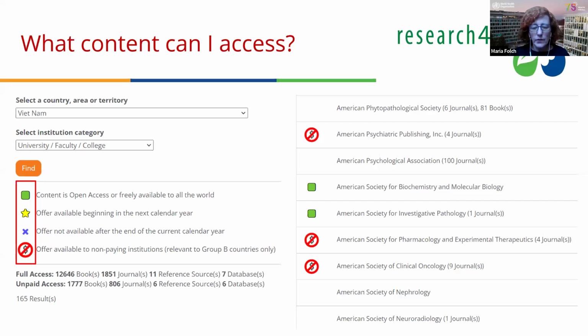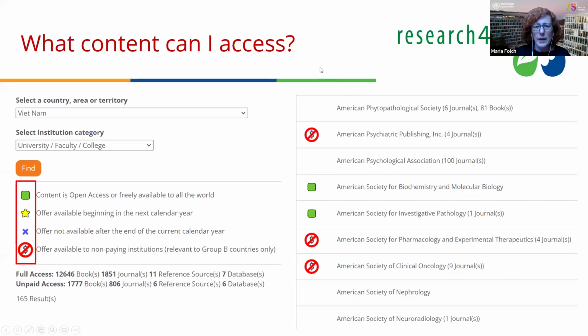We sometimes receive emails from institutions saying, my institution cannot pay this year, please cancel our registration. And we always answer, don't do it, because even if your institution cannot pay, there is a significant amount of content that is still available to the users of the registered institutions.